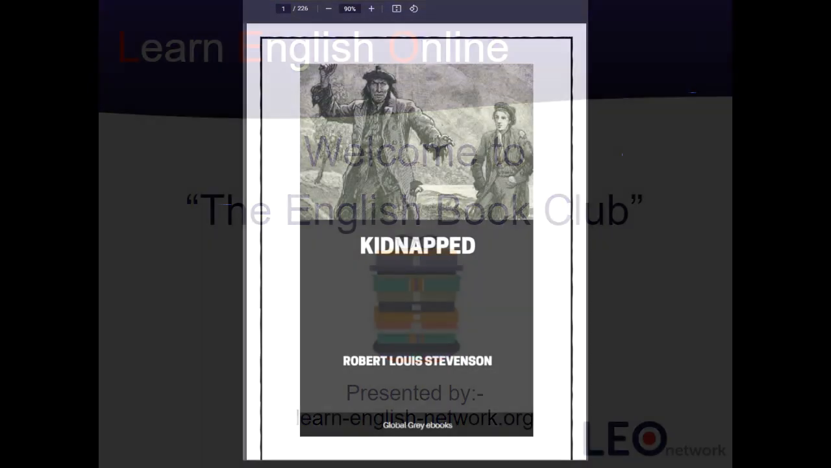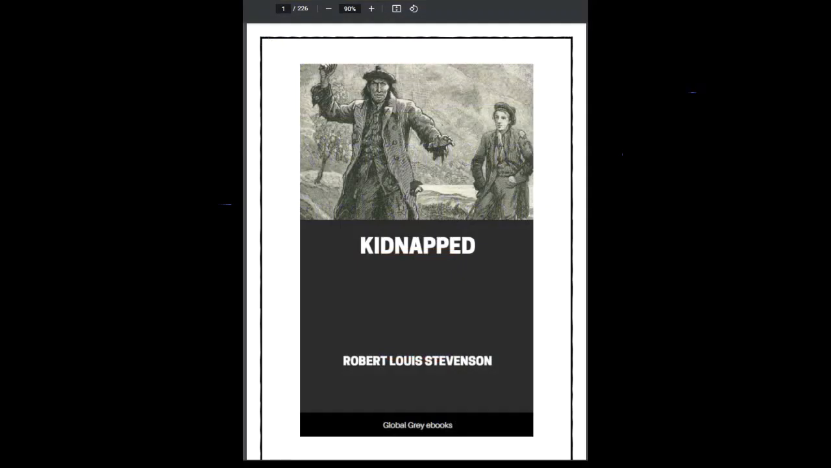We're starting a new book today. New year, new book. Happy new year, happy new book. It's Kidnapped by Robert Louis Stevenson. It should be a little easier than our previous few books. The last couple of books have been very advanced. I'm hoping, if my memory serves me correctly, because it's a long time since I read this book, it should